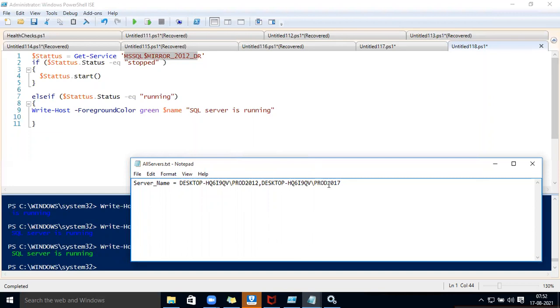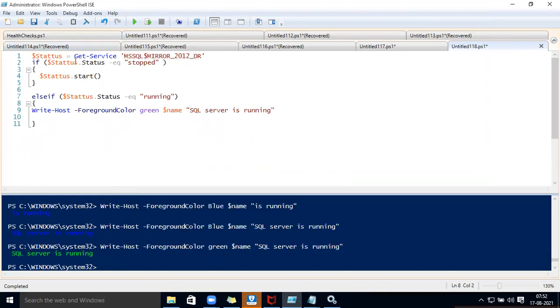I have not explained the for loop to you yet. I am going to explain it in the third class. At that time you can do multiple tasks using a single command, a single script. You can perform this. That is one thing. Now I will explain what else you can do later on. If the service is stopped, you are starting the service. But many times, before starting it has to ask the question: do you really want to start the service?